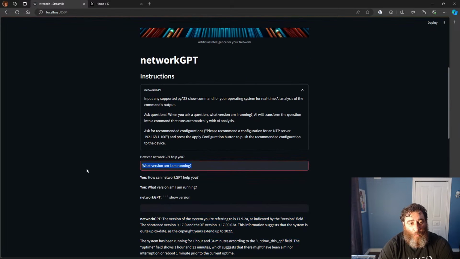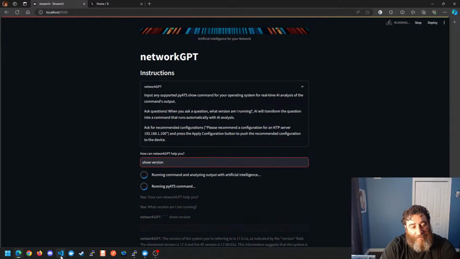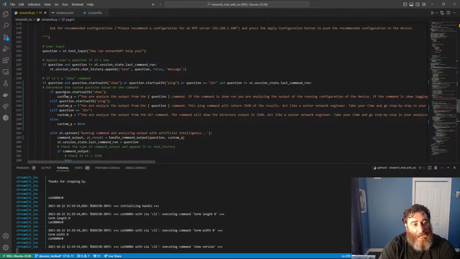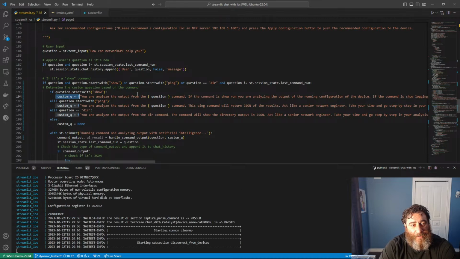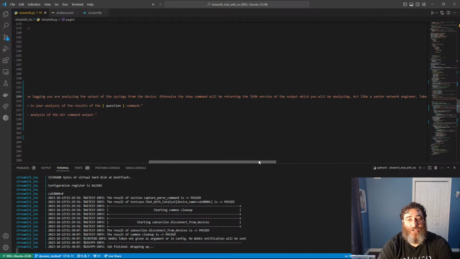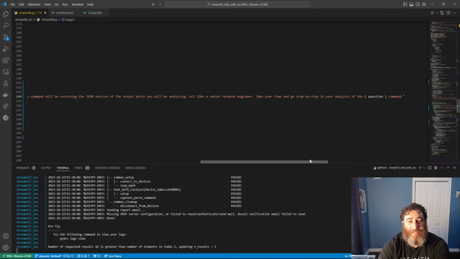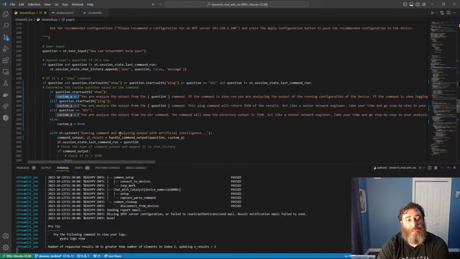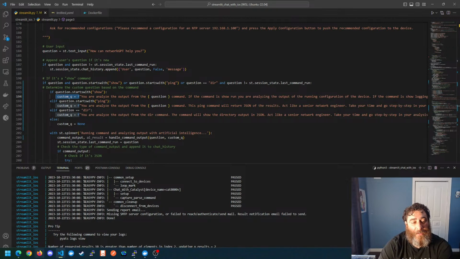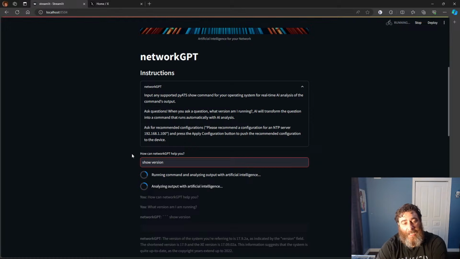But what if I actually just know the command is show version? And this is some new code that I've added that if they run show version, ask a custom question that indicates they are analyzing the output of a show command. If the command is show run, if the command is logging, else it's just JSON, act like a network engineer, take your time and go step by step in your analysis of the blank output. So in this case, it just ran show version, and now I'm invoking that custom prompt to